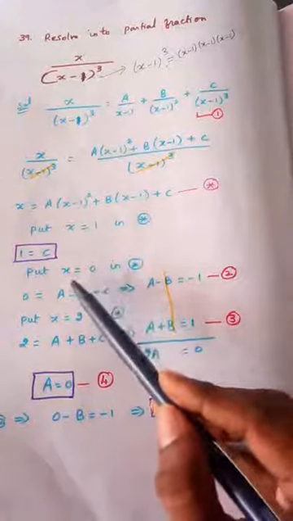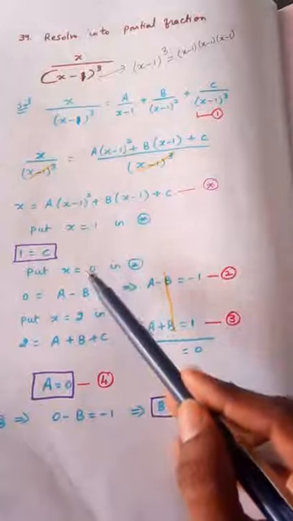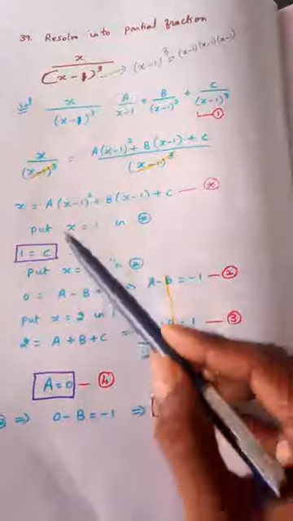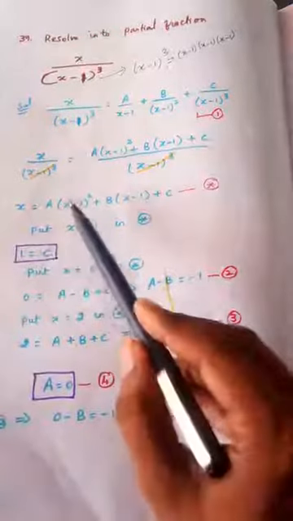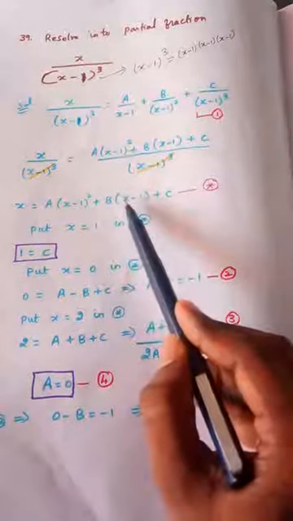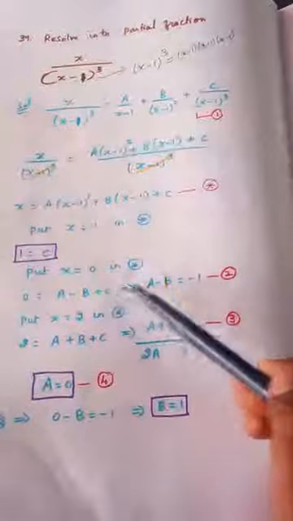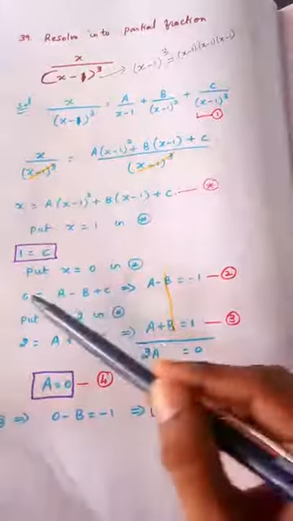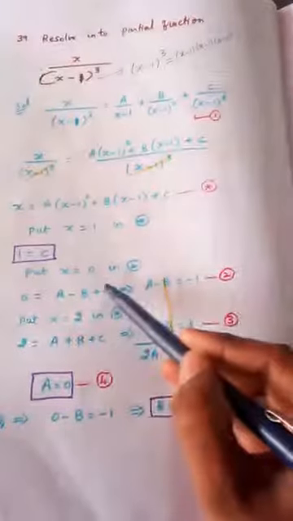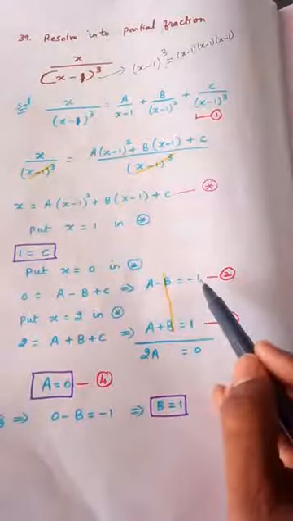Even you can choose x equal to, sorry, not 1, because we have already used 1, minus 1, 2, 3, any value you can use. I am using x equal to 0. So left hand side will become 0. Put 0 here, minus 1 whole square is 1, so a. If you put 0 here, minus 1, so minus b plus c. So an equation of the format a minus b equal to minus c. If you listen carefully, you can understand. Plus c goes to other side, minus c. What is c? 1. So minus c means minus 1.